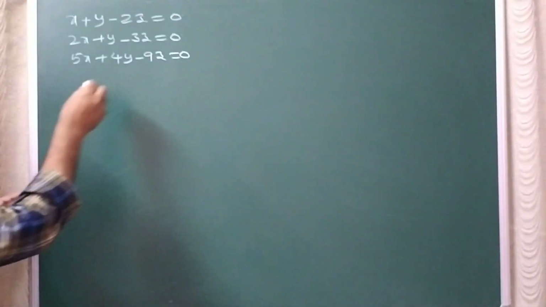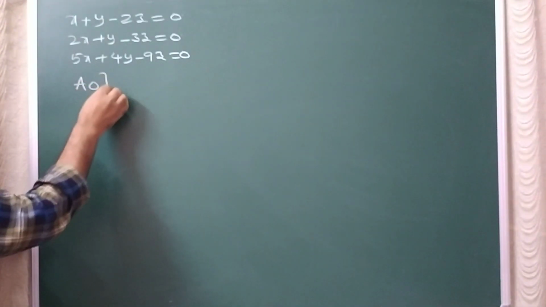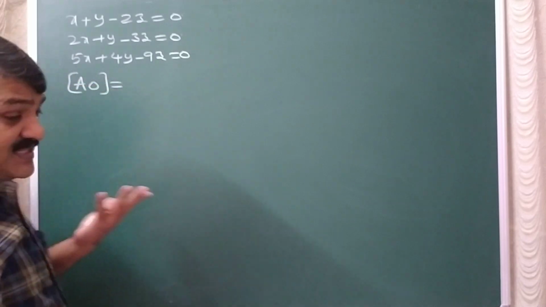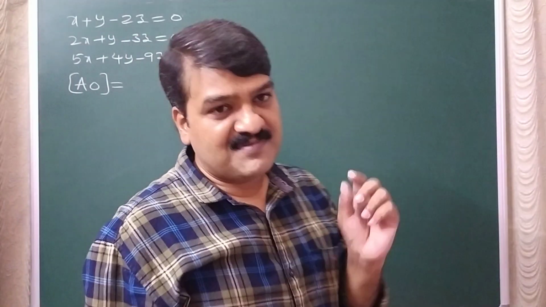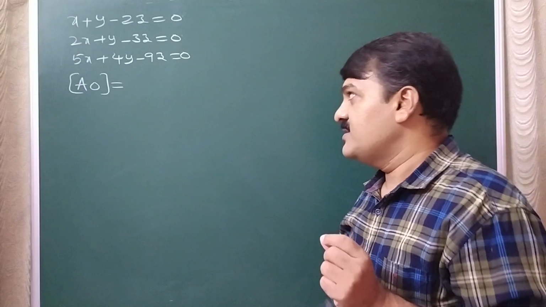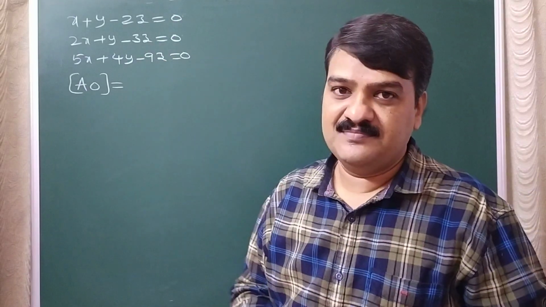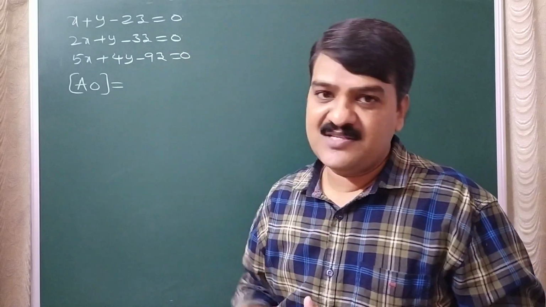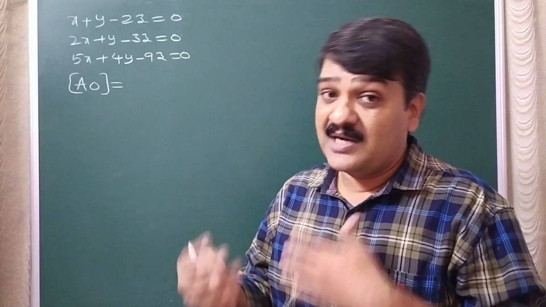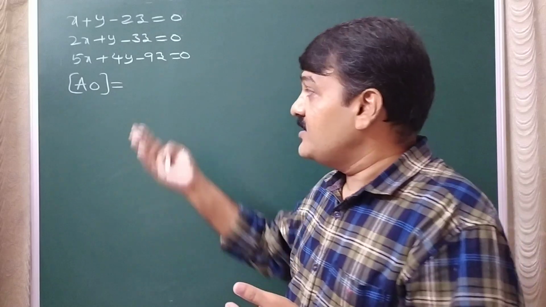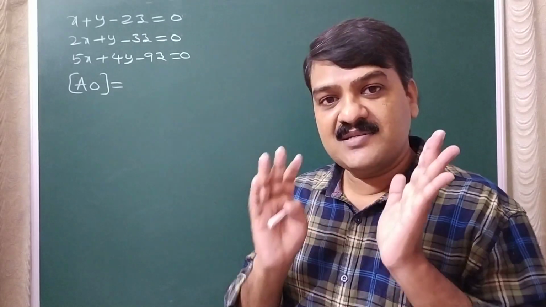Directly I am writing the augmented form because I had already revealed the secret. The equations will have infinite solutions. That means if you find det A here, you will get det A is 0. Det A is 0 means infinite solutions. But if you want to write the solution, you have to take the augmented matrix and solve.